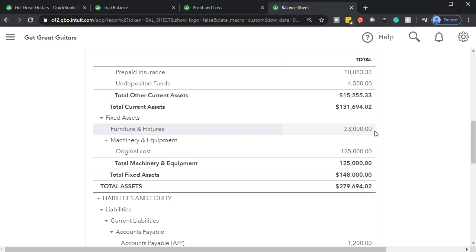Therefore, we typically will need some kind of complicated schedule if we have a lot of furniture and fixture and property and equipment in order to do so. Tax software is often very helpful to do that. So oftentimes we might be reliant on the accounting firm to do that. In other words, we might do the bookkeeping, tell the accounting firm, hey, here's our profit, here's our property, plant, and equipment. You tell me periodically, monthly or even yearly, what the depreciation is on it,